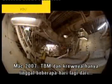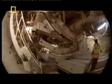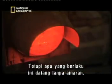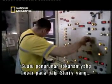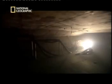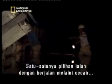March 2007. The TBM and its crew is just days away from their prize, breakthrough point at the tunnel's northern end. 19 more rings to go. But what happens next comes without warning. A huge drop in pressure on the slurry pipe feeding the TBM. Suddenly, hundreds of liters of thick slurry are flooding the tunnel. The slurry shorts a key electric cable. The TBM grinds to a halt. Now, the tunnelers are 5 kilometers inside the North Drive in almost pitch darkness. They need to find the problem and fix it fast. The only choice is to wade